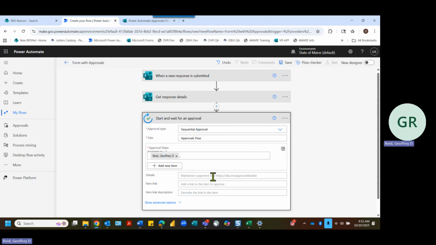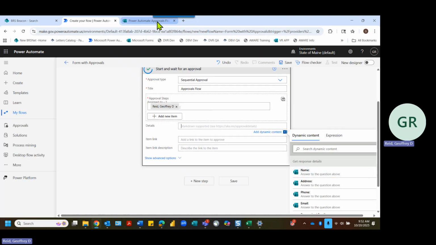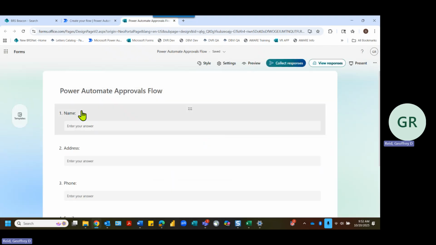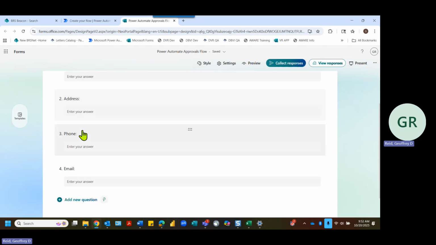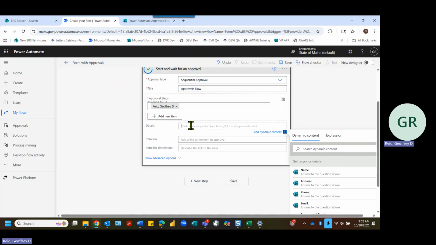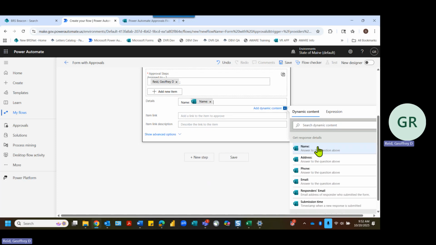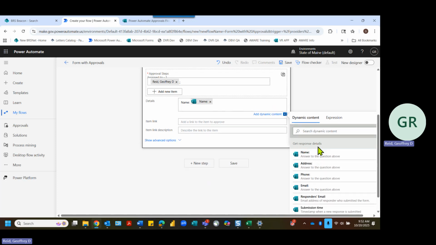Yep. And then the details field is where you put the content of the approvals, and this is where the dynamic stuff comes in. So as you can see, here's my form. So basically what we're creating is a template to put in the dynamic content. So these are the questions that I want to enter into my approvals field. You can put anything you want here, but I'm just going to put name, and then I'm going to search for my name in dynamic content, and you see it already populates. It's the first one. Then I'm going to do my next one, address,